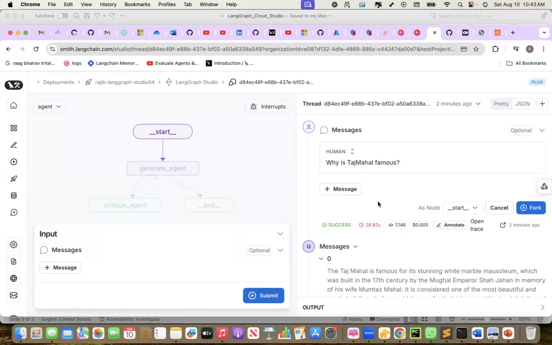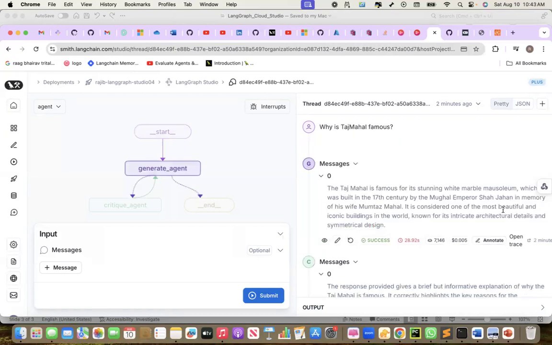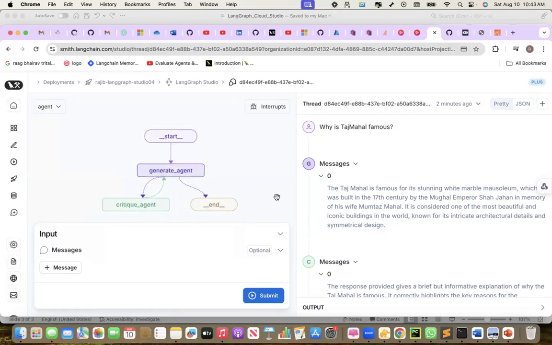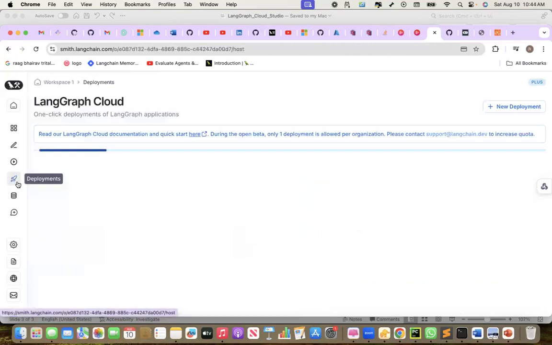I can test it out, right? This is the playback feature, again a very beautiful feature. I can replay things and all. These are the things I still need to explore. But what we have seen is, after we deploy this through LangGraph Studio, I can test out my workflow and all. If everything is fine, then the final deployment happens and I get the